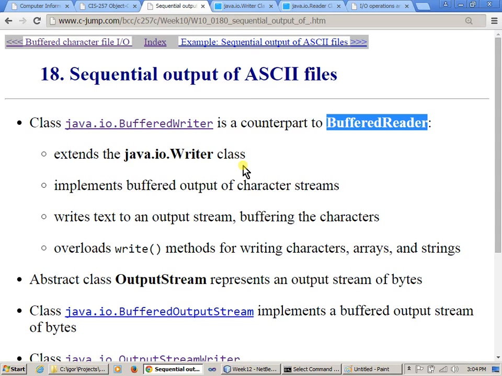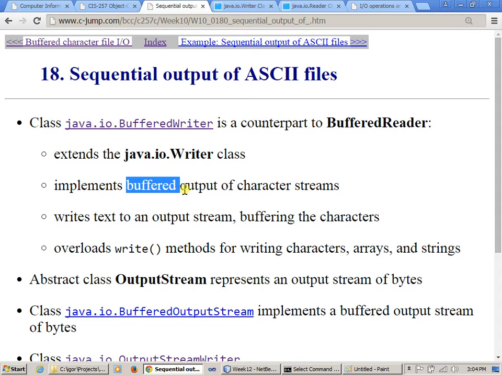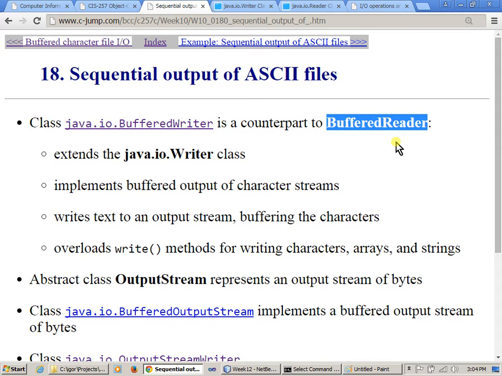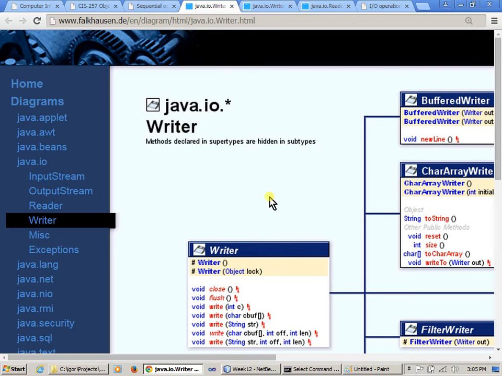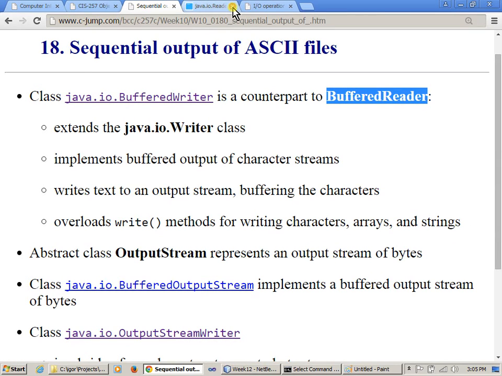Okay, and so generally speaking, you always prefer buffered I/O, and the buffered reader is designed to work with text files, plain text files. Okay, so once again, there's this particular hierarchy we've looked at already before. I'm just going to close these views. Okay, and